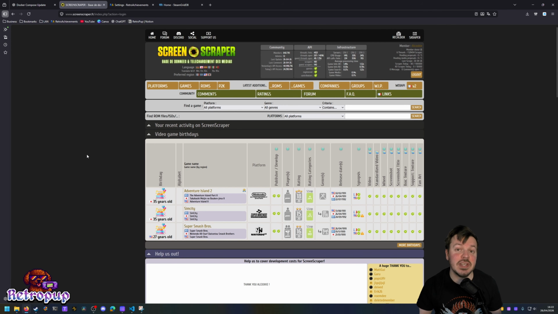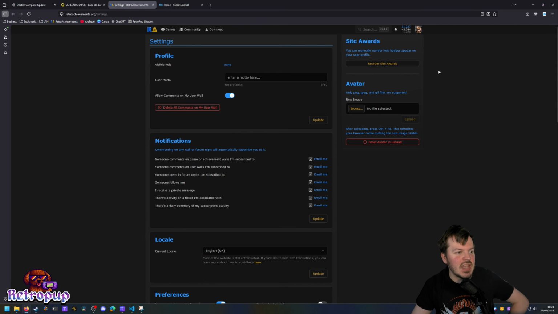So I've just completed my YAML file. So for Screen Scraper, you could just use your username and password as it says. For Retro Achievements, you sign in, you hover over your little profile picture, you come down to Settings, that'll take you to this screen. Then if you scroll down, I won't do it now because you'll see my key, you'll see an API key. You click that, there's a copy button, you copy that, you drop it straight in that